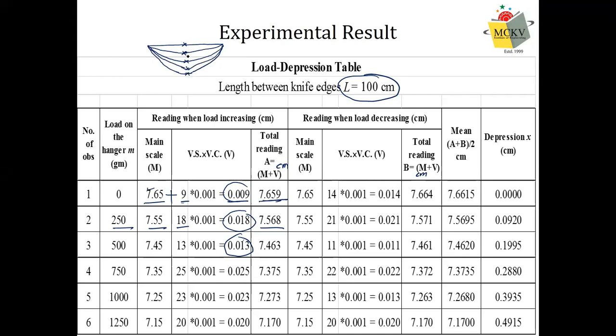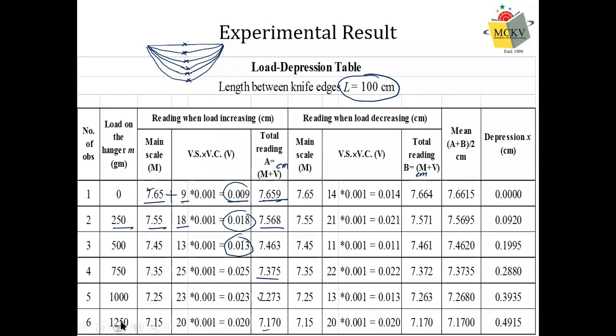Say this is 0, this is 250, 500, 750. So I need another one. See this one. This is the 1250 grams. So for all these loads, we can measure the main scale value and then vernier value and hence the total value. Okay, up to this, no problem at all. Next thing what we'll do, we need more observation for each load because we are not very sure that we have measured them correctly. There may be some measurement error, there may be some random errors.